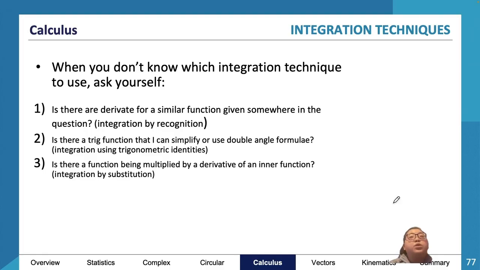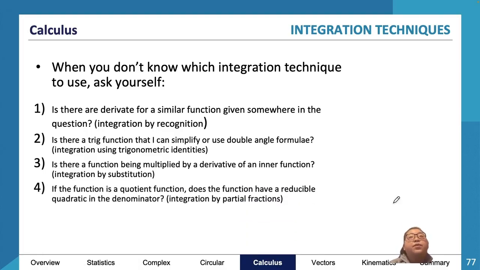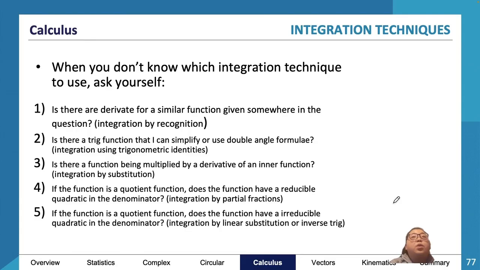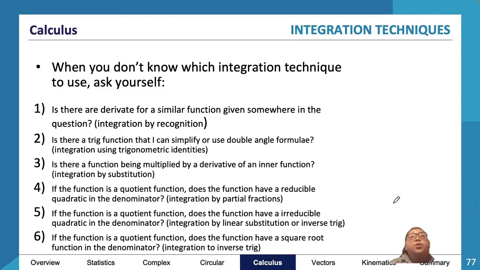Can I use the derivative of the inner function, so substitution? Is there a quotient function, or does it have a reducible quadratic in the denominator? And then partial fractions. Is there a quotient function, or does it have an irreducible quadratic in the denominator? And then linear substitution or inverse trig to find what it is. Or is there a quotient function, or does the function have a square root in the denominator? Then it's inverse trig. And in the first bit, you'll always notice that you're talking about integration by recognition, and